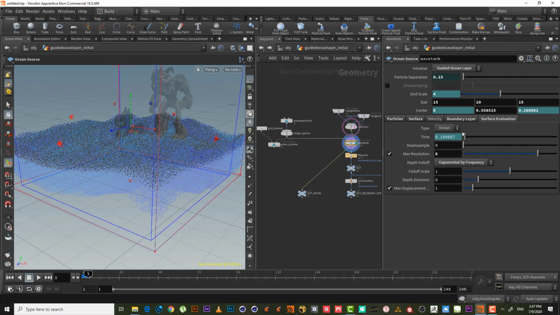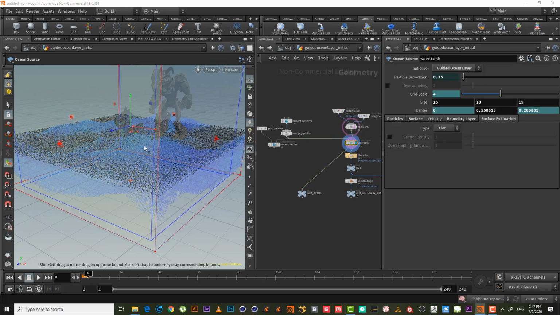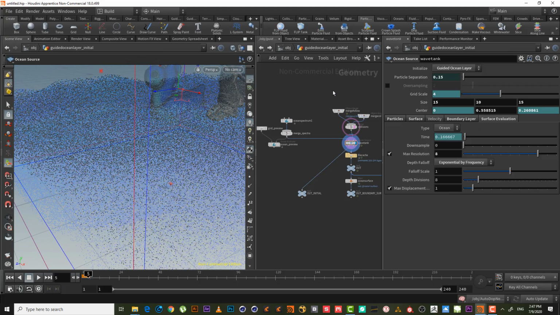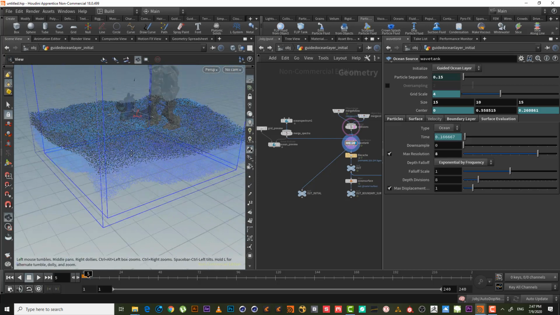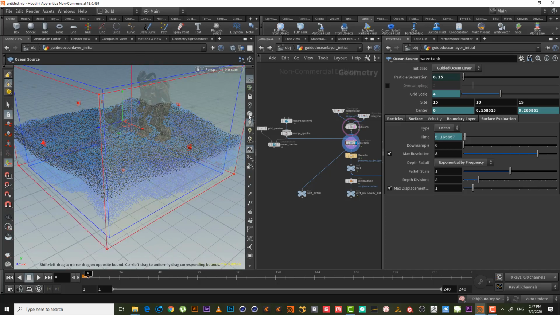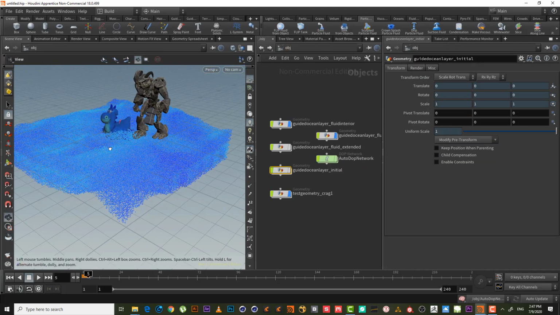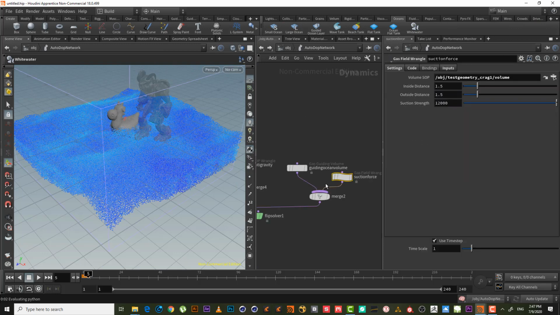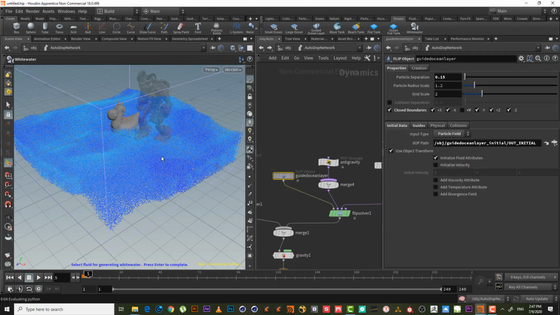If it's just flat, it's not going to accept it, so it will be flat, as we can see here, right? Okay, so this is the two setup, and both of them will give us the same white water result. If we choose white water, let's select the auto top network, let's select the guided ocean,